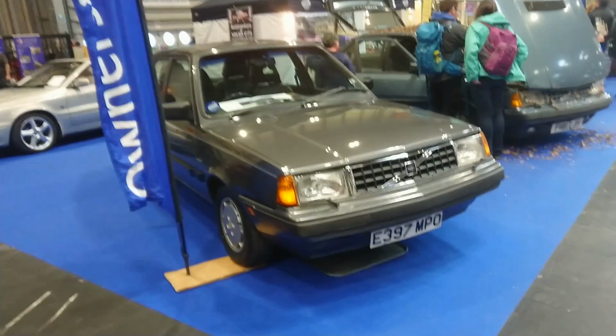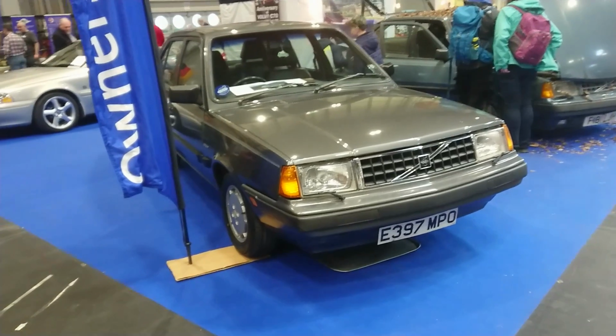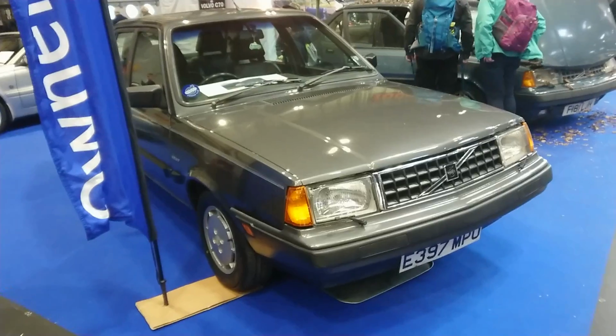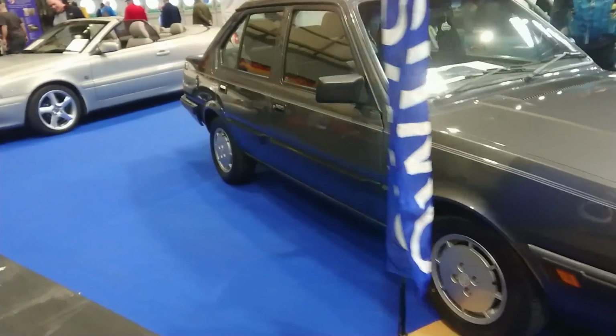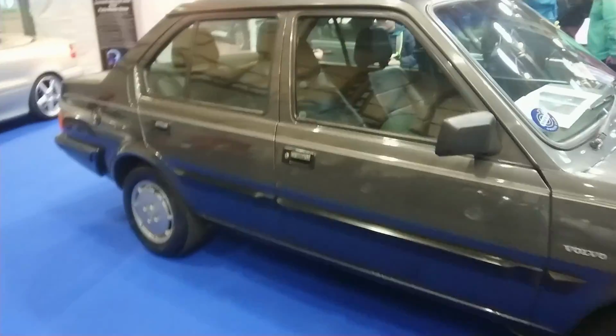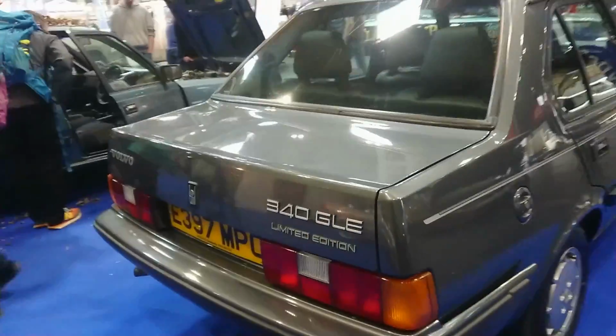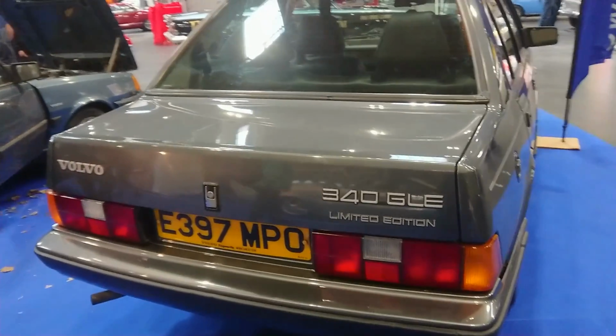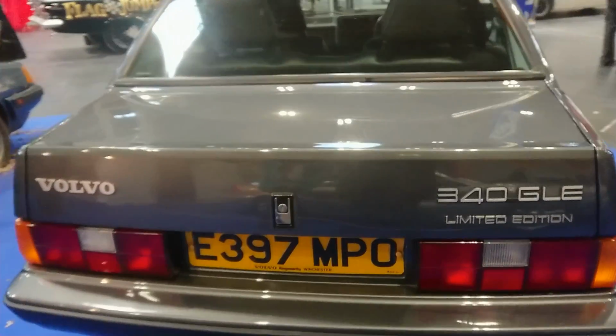Well, viewers, I've been looking forward to coming to this area for a long time. This is a Volvo 360 GLE, and I absolutely love it. Leather interior, 5-speed gearbox, the later dash. I'm not so keen on the earlier 300 series Volvos. I only really like the ones post 86, and this one's particularly special because Portsmouth plate, and it's from Kingsway